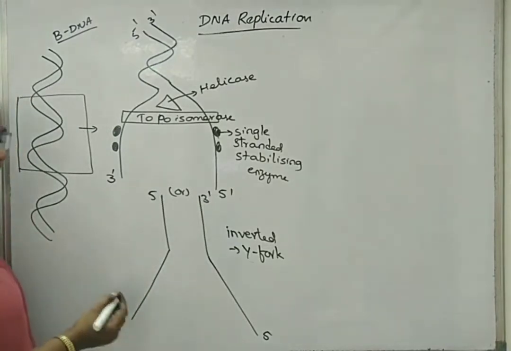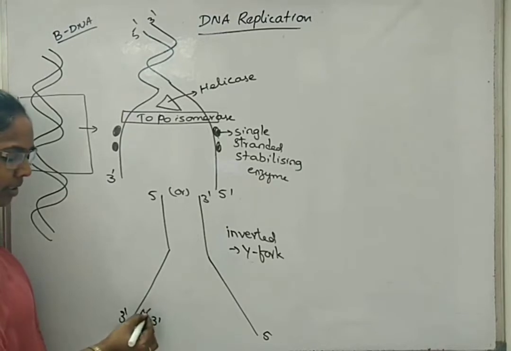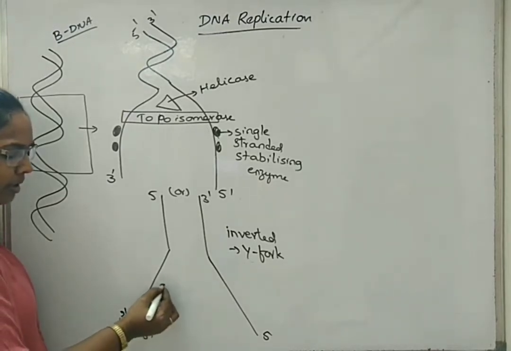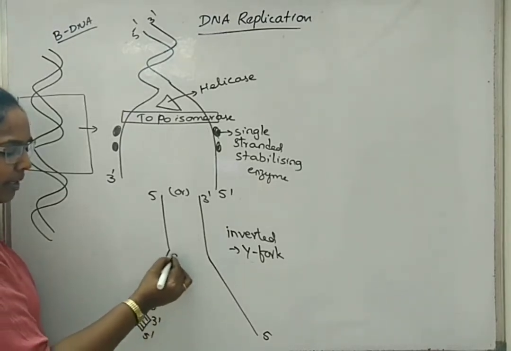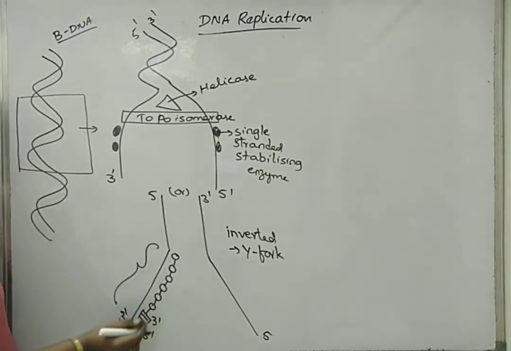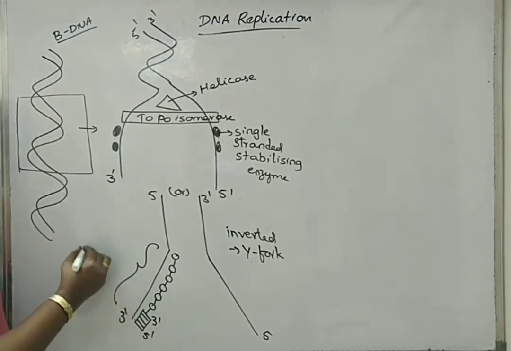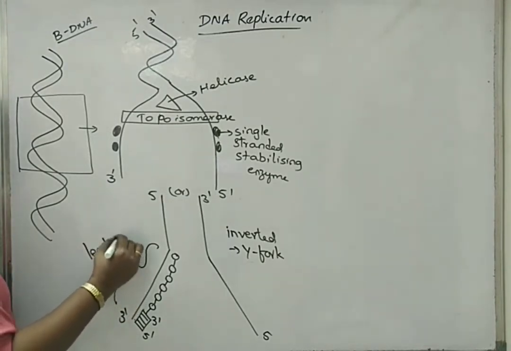If we write like this, this end has the RNA primer, which has its 5' end here and 3' end here. We already discussed that new nucleotides are bound on the 3' end of the RNA primer. So this strand gives a continuous new DNA strand. When there is a continuous new DNA strand, it is called the leading strand,